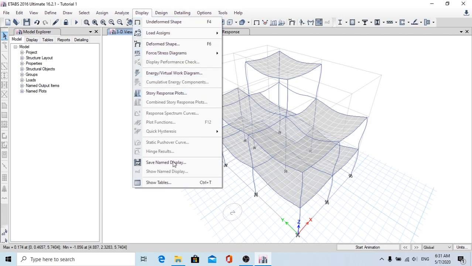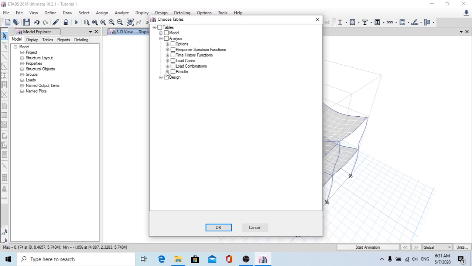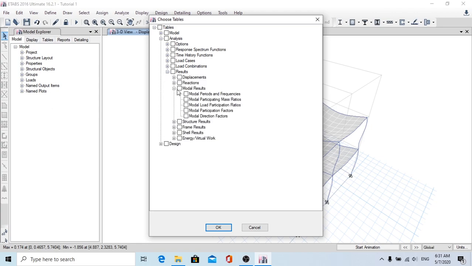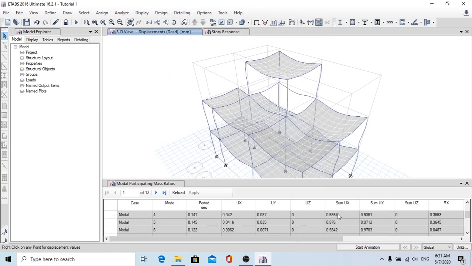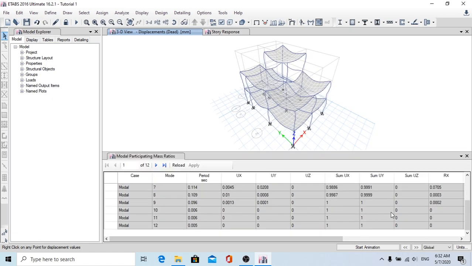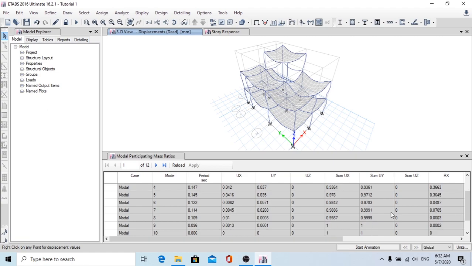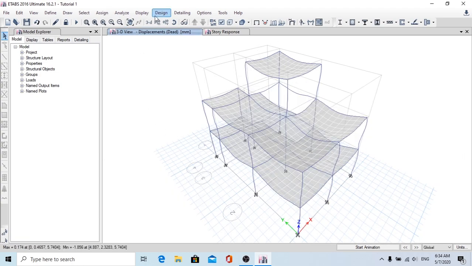Go to display, show tables. Analysis, results, modal results, modal mass participation ratios. Click on OK. Okay, so within these 12 modes, 90% of the mass of your building should participate. And the next step is, after all the checks of mass participation and displacement, if the model is good to go,